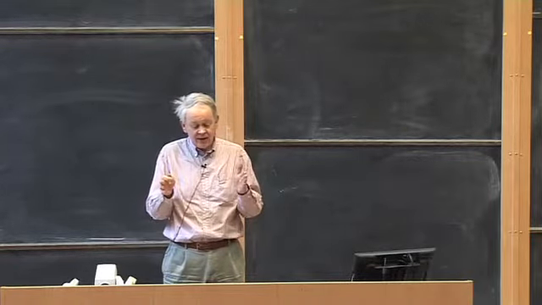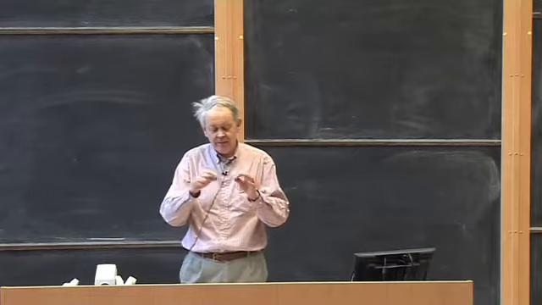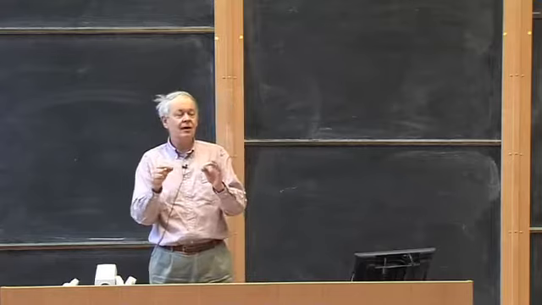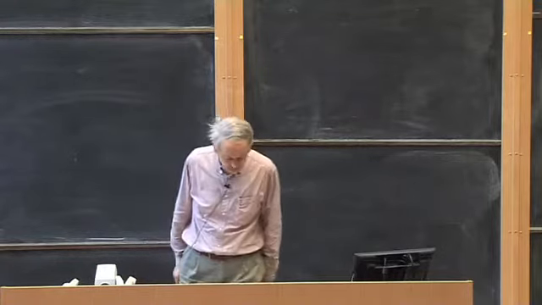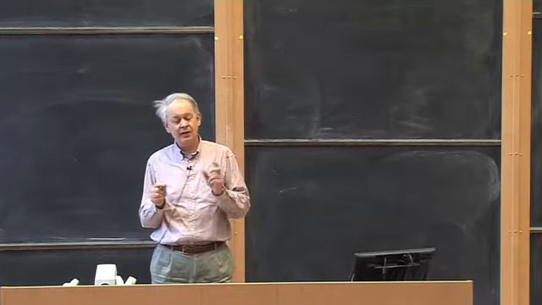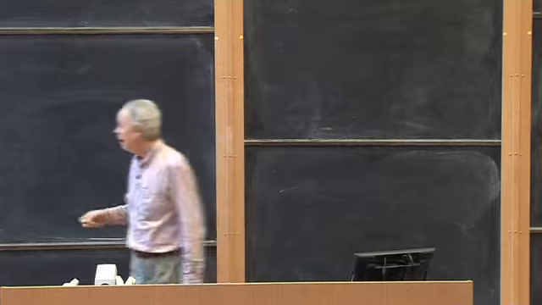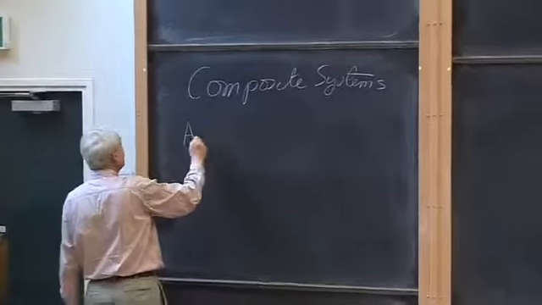So what we're talking about today is putting things logically together to make compound systems, and there may or may not be springs physically connecting these things. All right. So the central thing we have to address is if we have a system A and a system B, so we have two distinct systems,